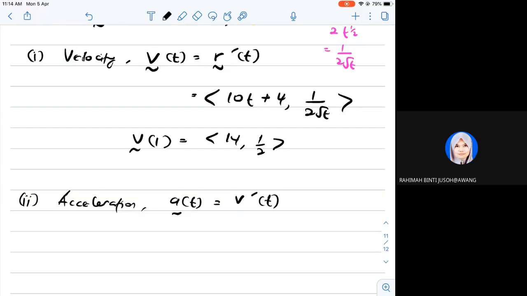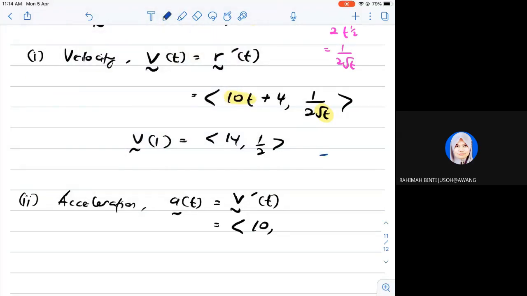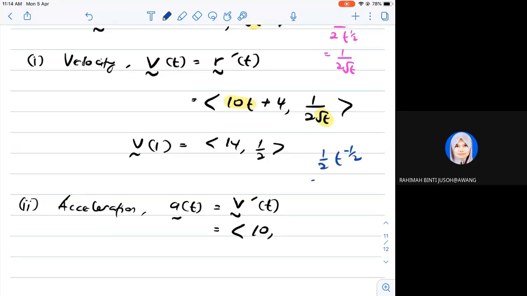Differentiate lah VT ni pula. Okay. So, differentiate V ni 10T. Differentiate dapat 10 lah kan? 4 dapat 0. Ni differentiate yang di bawah ni. Sudah. Macam mana ni? Differentiate ni. Satu per 2 T kosong 1 per 2 differentiate. So dapat negatif 1 per 2, 1 per 2, 1 per 4 kan. Negatif 1 per 2 kalau 1 T kuasa